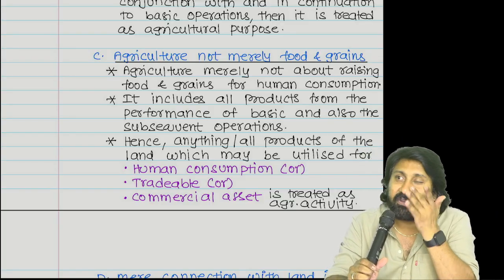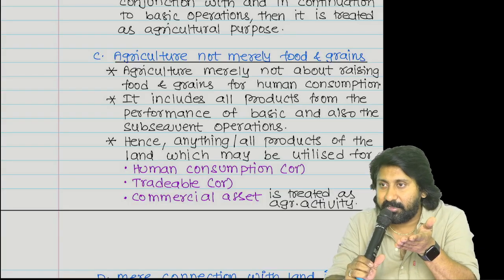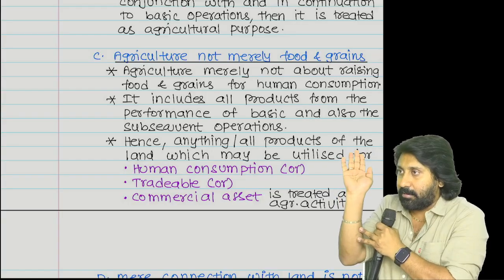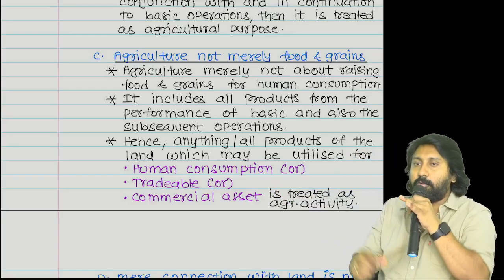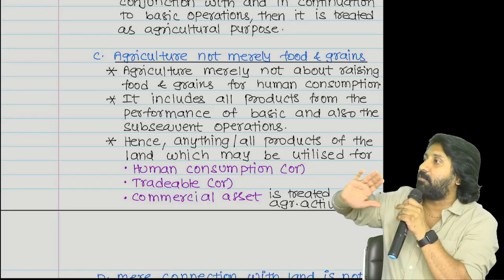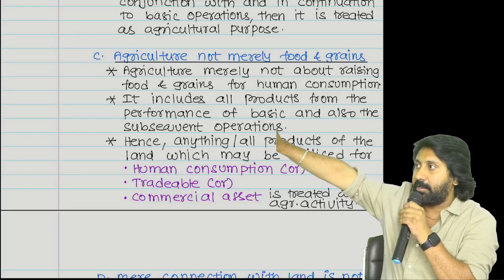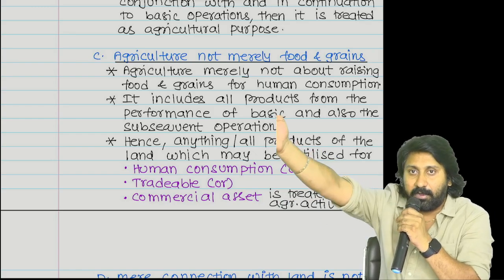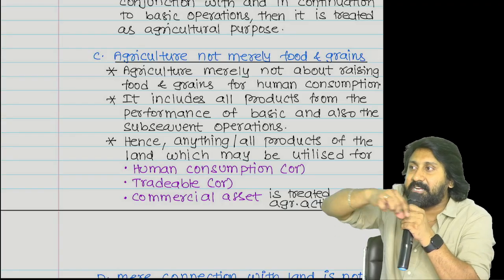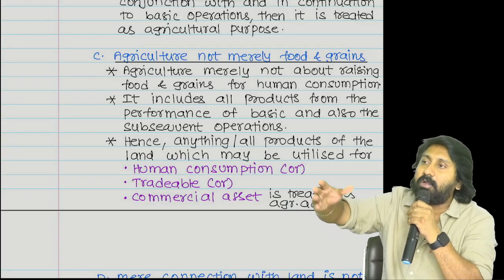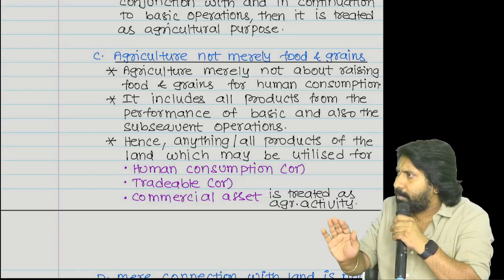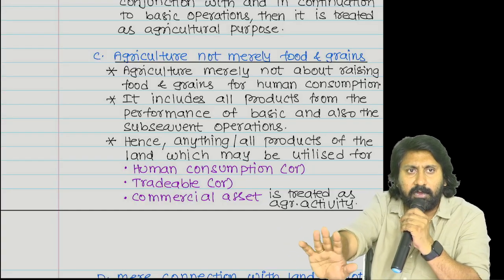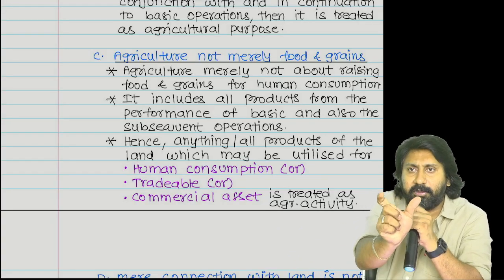The answer here, everyone. Are you understanding the point or not? Tobacco leaf will be there. If I sell tobacco leaf, for example, I have a tobacco plantation, the income coming to me out of the tobacco leaf, I will sell to someone. The income coming to me will be agricultural income. Sir, tobacco, good or bad for human consumption, you keep away. I am not talking about that. Talk only from the commercial point of view.